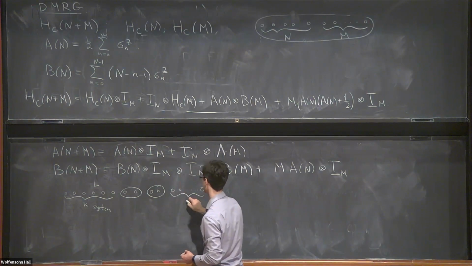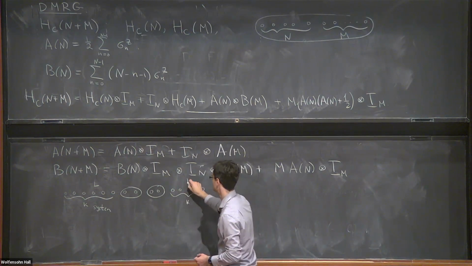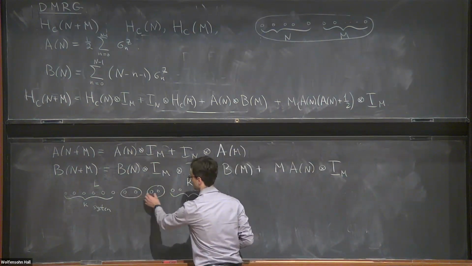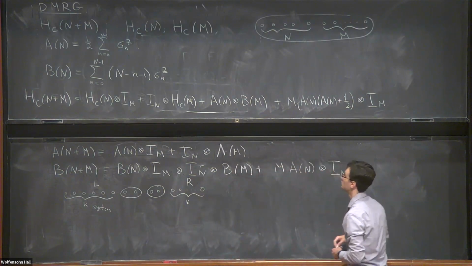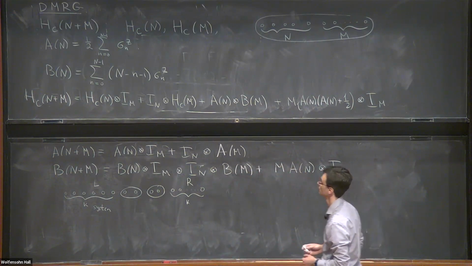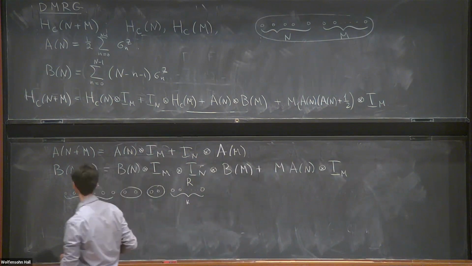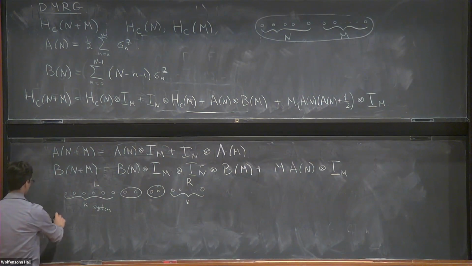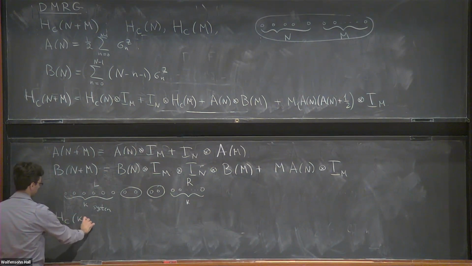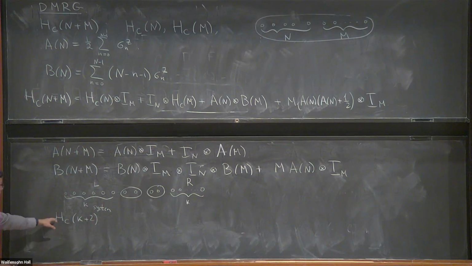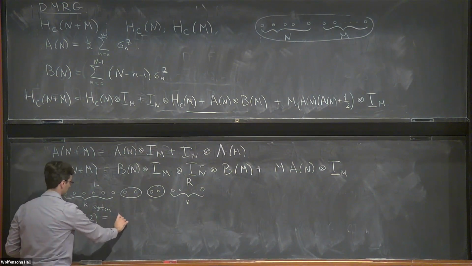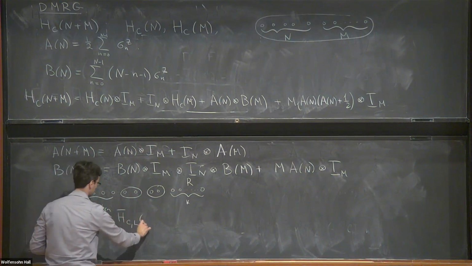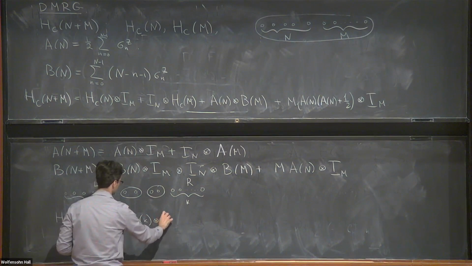So it's also k. So we grow left and right chains by 2 sites each time using these formulas for Coulomb energy and A and B operators. Here, essentially, we just need to apply this formula for k plus 2. For example, if I want to grow it by 2 sites, I apply it for k plus 2. So it will be, let me call it left bar k times 2